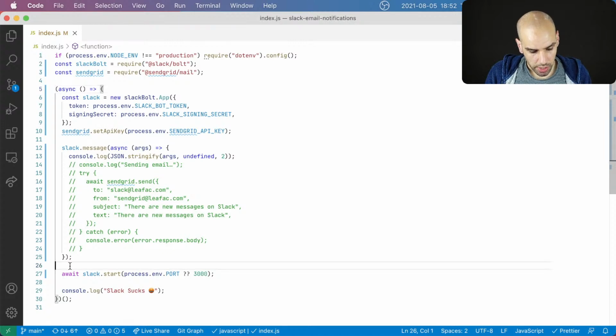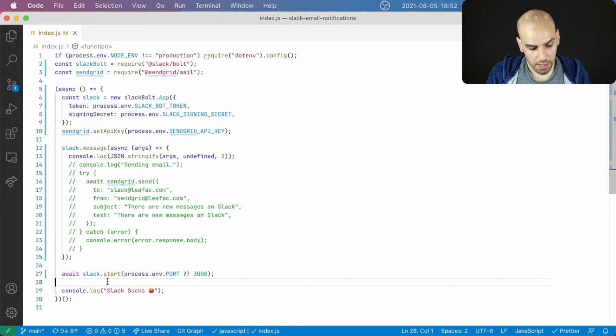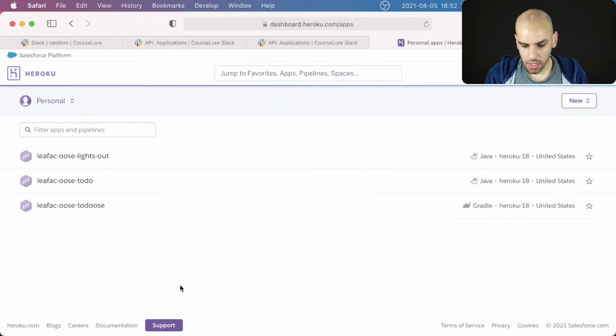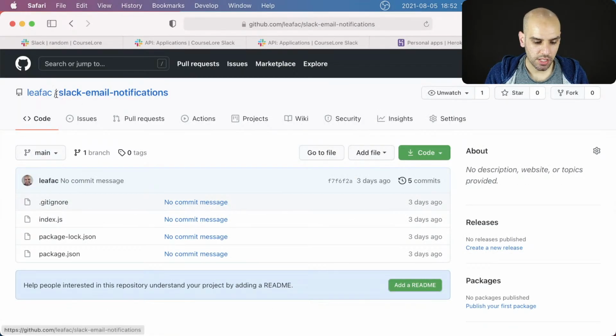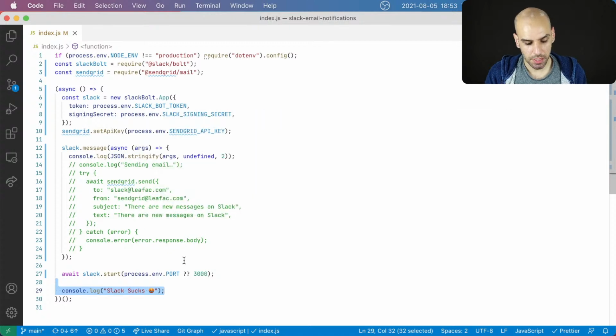So now we await for the thing to start on a port, and that's necessary for Heroku. Heroku will have this environment variable, and it will be a different port every time. And then I renamed, this is something I should mention, I renamed the project. Instead of being Slack sucks, not that it doesn't suck, Slack does suck hard, but I wanted people to be able to find this. So I made the project name more descriptive, like Slack email notifications. I don't think it gets more explicit than that. So